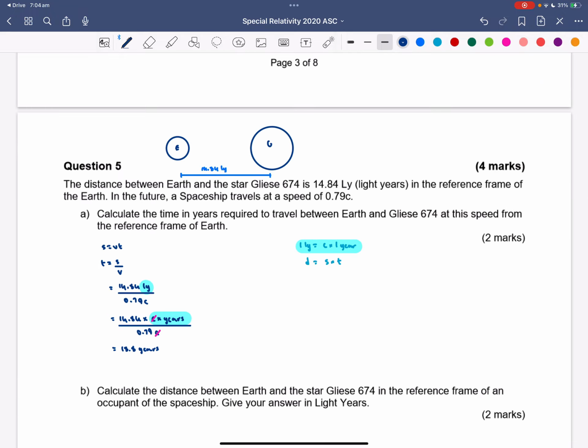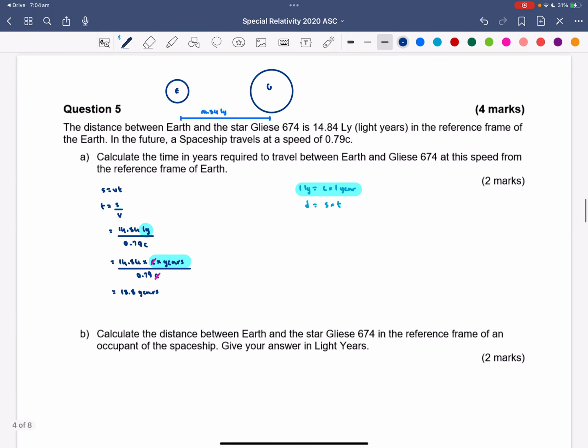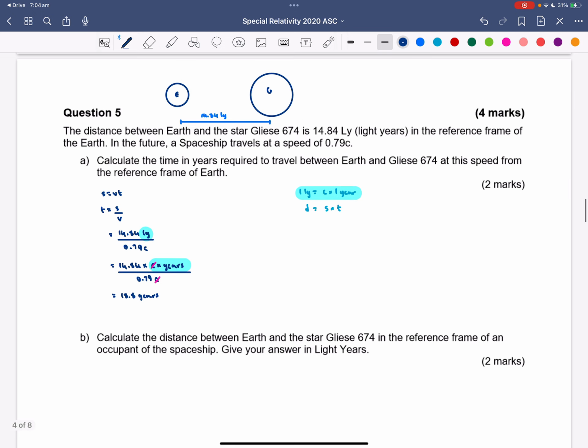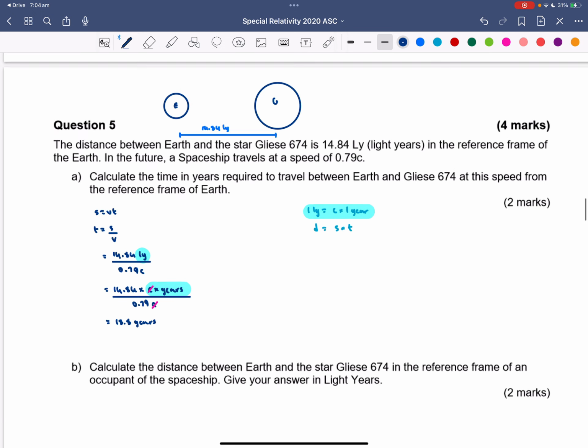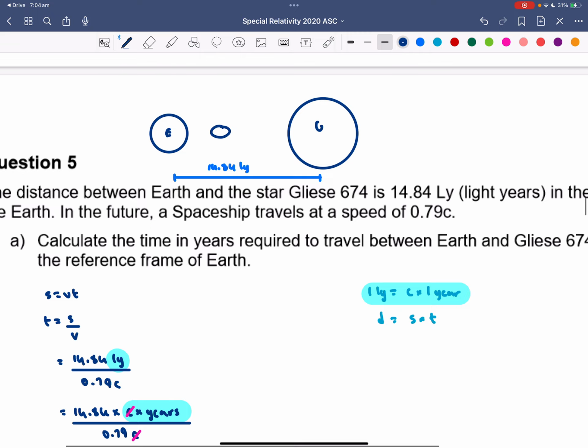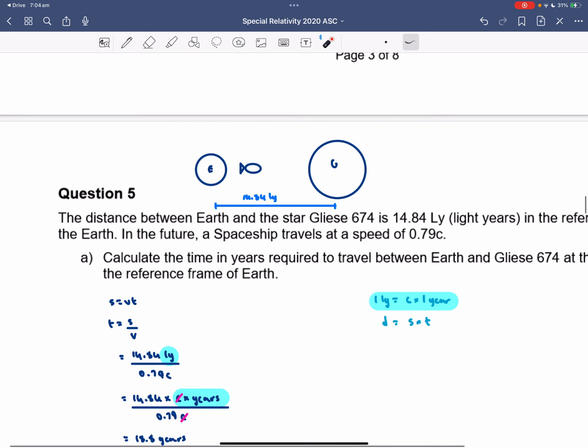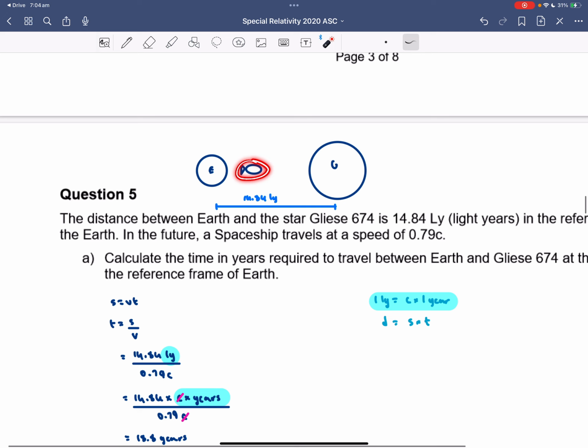Calculate the distance between Earth and the star Gliese in the reference frame of the spaceship. So here's the thing. There's obviously a spaceship moving towards Gliese, right? So now we think the spaceship is moving really, really fast. Space, or this piece of string, thinks the spaceship is moving really, really fast. But at the same time, the spaceship thinks Earth, Gliese, this space, or this string,